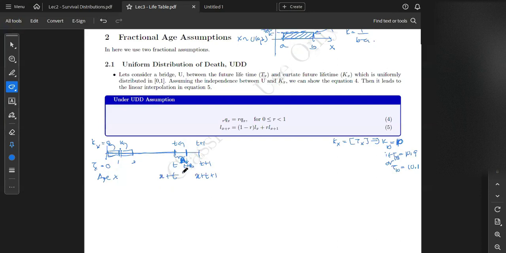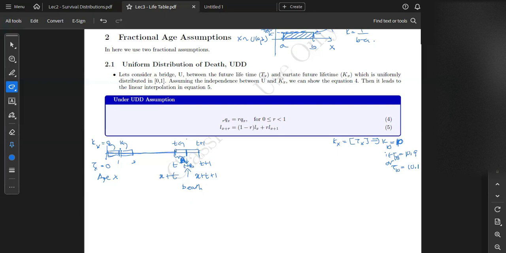So if T was 10 and B was 0.5, then Tx is equal to 10.5, but Kx is 10. So that's the situation. We call death is at this time point. Now, keeping those situations, since the distribution is a uniform one between T and T plus 1, let's